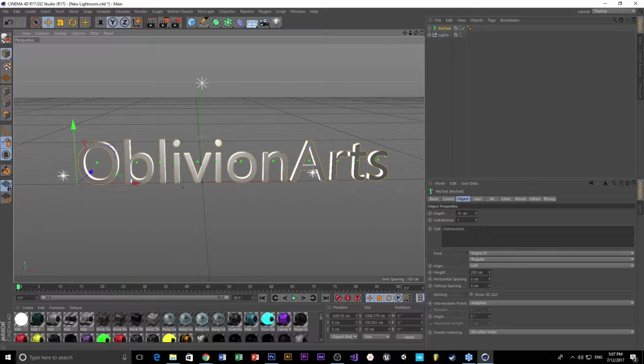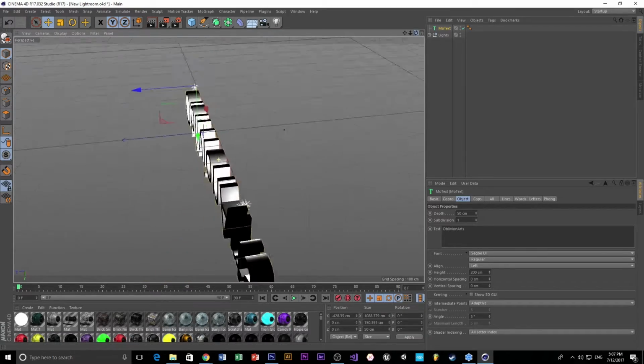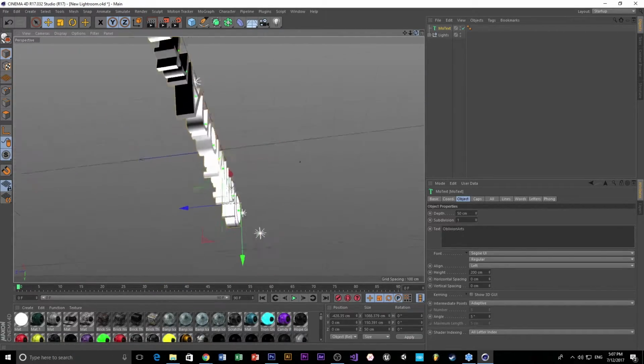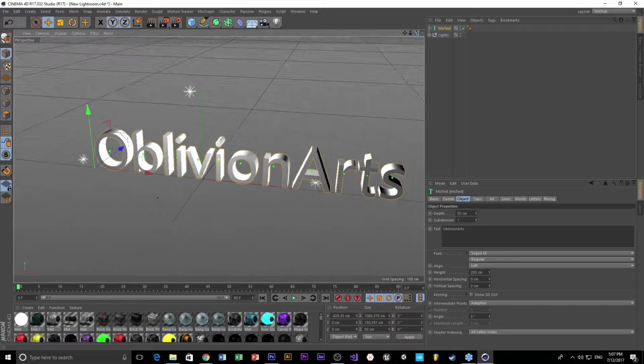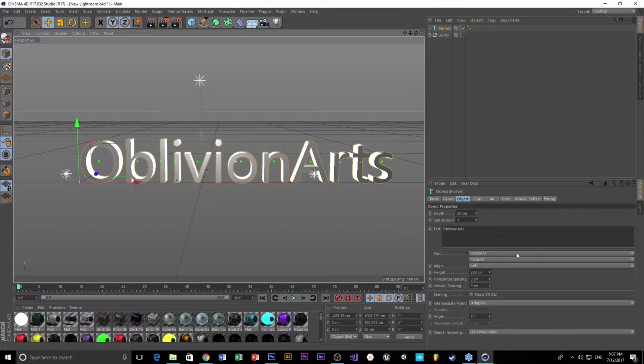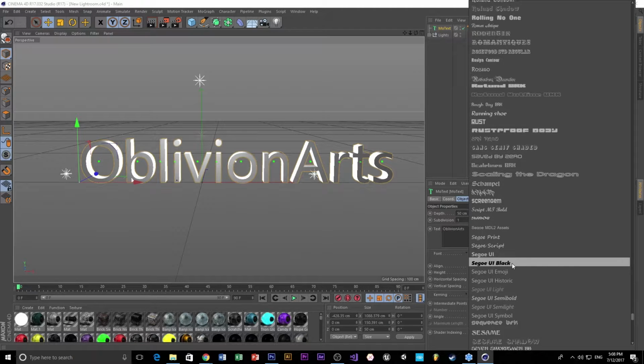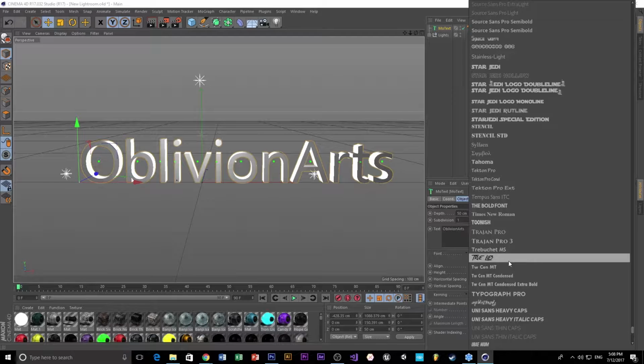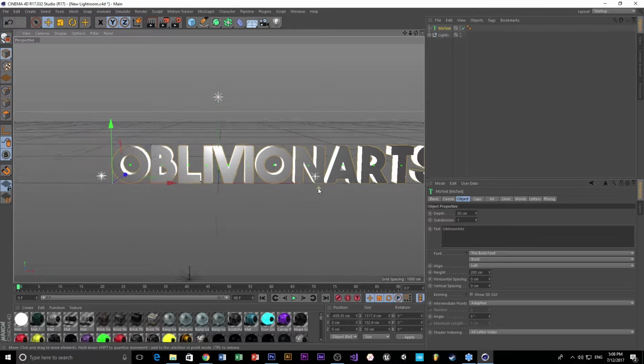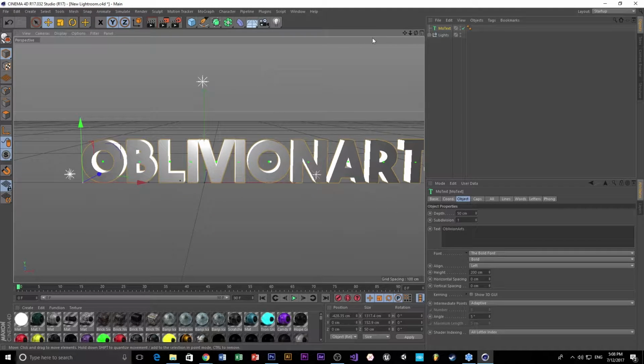So the next thing you want to do is go over to depth here, and you want to set this depth to anywhere from 50 to 80. I'm going to set this to 50, and if I rotate the text in here, you can see that it has depth on the text, so it's not just flat. So I'm going to find the rotation again here, and then I'm going to change the font. Now I'm going to be using the bold font, but you can use any font you like. So once the font dialog has opened up, go ahead and choose your font. I'm going to go with the bold font right there, and as you can see, I think it's a really nice font for